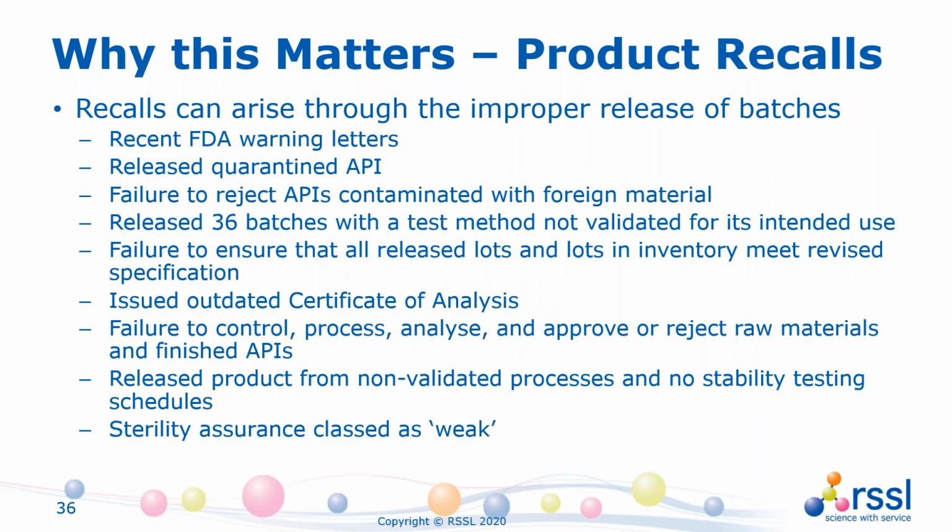Well, if you have a look at some recent US Food and Drug Administration warning letters, then very quickly, just looking through 5 or 6 letters, I've drawn out that sterile manufacturers have been called out on failure to reject active pharmaceutical ingredients contaminated with foreign materials, the release of multiple batches with test methods not validated for their intended uses, failure to ensure that all release lots and lots in inventory are meeting their revised specifications, having outdated certificates of analysis, failure to control, process, analyze, approve or reject raw materials, which we spoke about earlier, the release of product using non-validated processes, no supporting stability data,